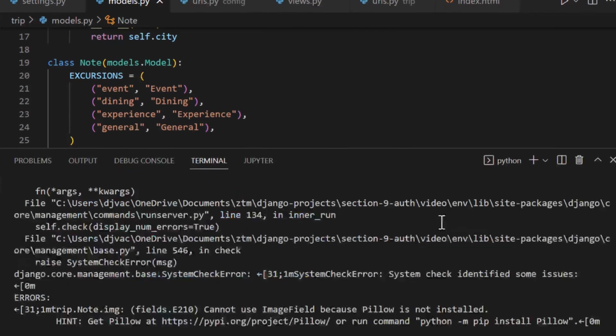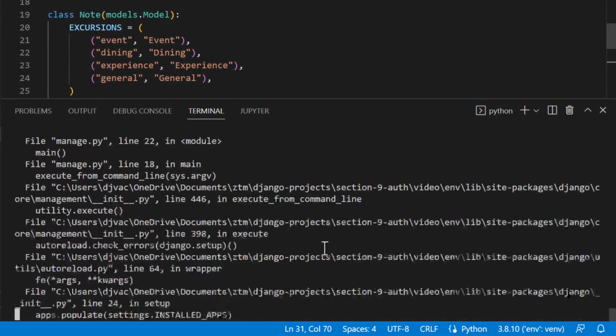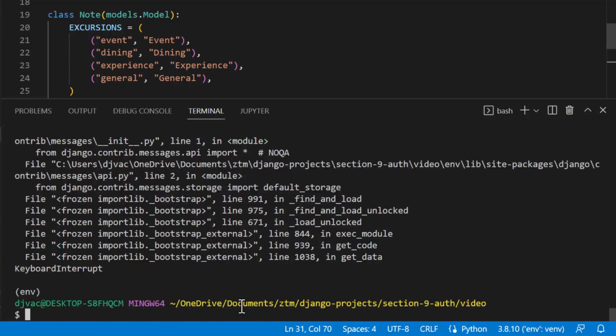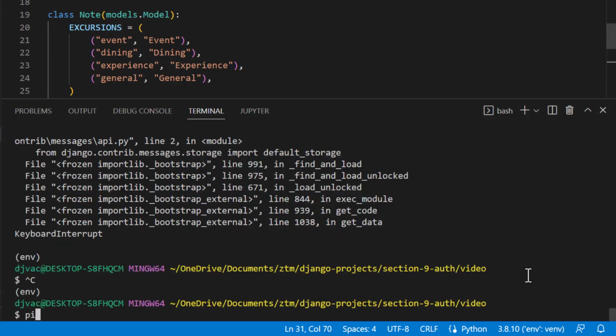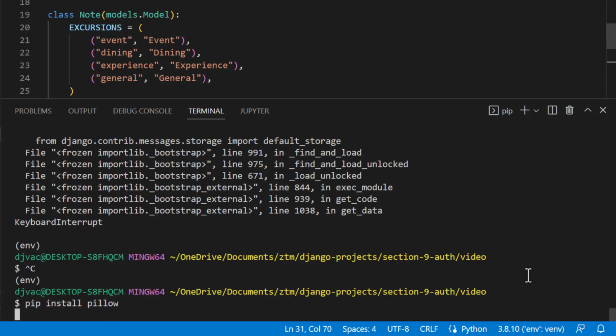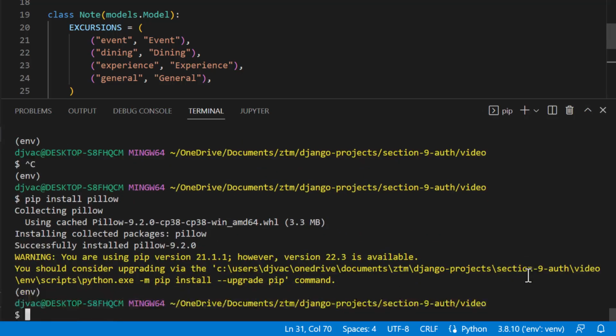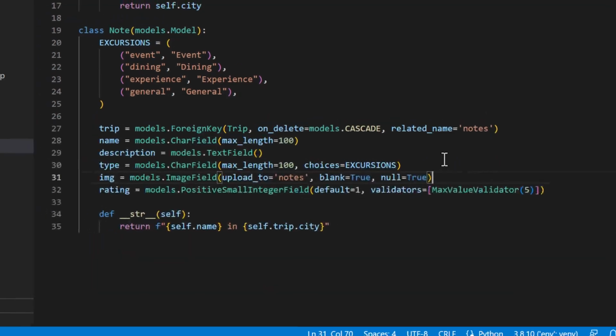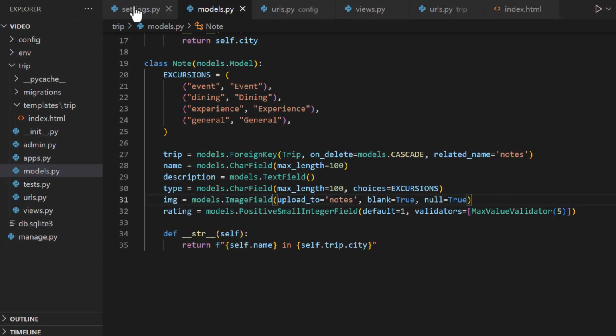So we can open up the terminal and stop the server with Control C, and we can pip install Pillow. So we've installed this Pillow package, but there's a few more things we have to do in order to handle these images. So we can go back into our project settings.py